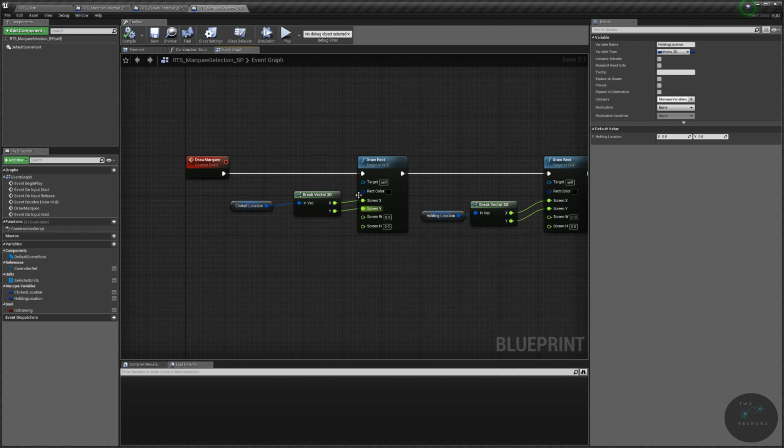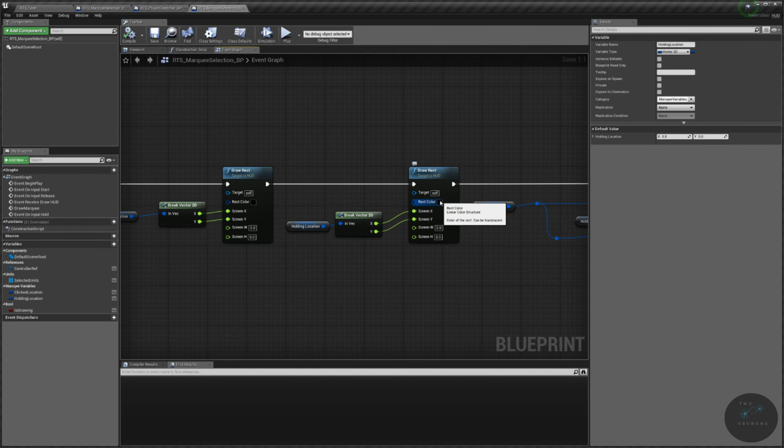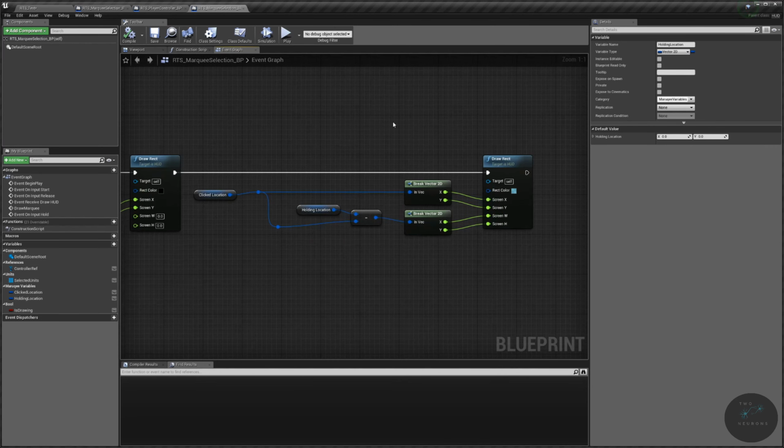To draw the HUD, it will draw a single black point for the starting point. As we move the mouse, it will draw a second black point for the holding location. And as we're moving our mouse, it will create this transparent blue box. So